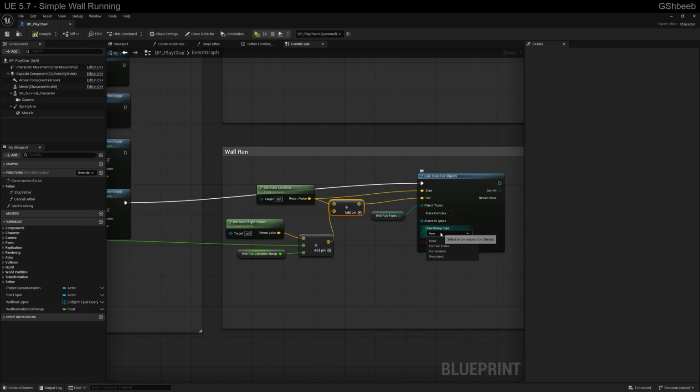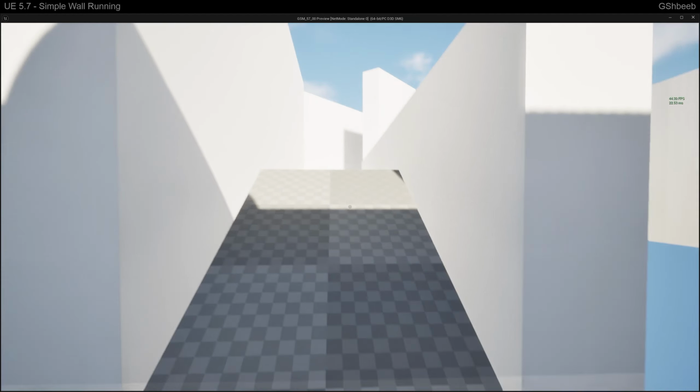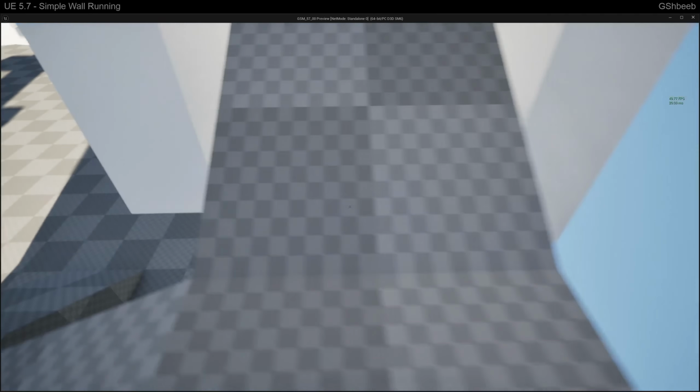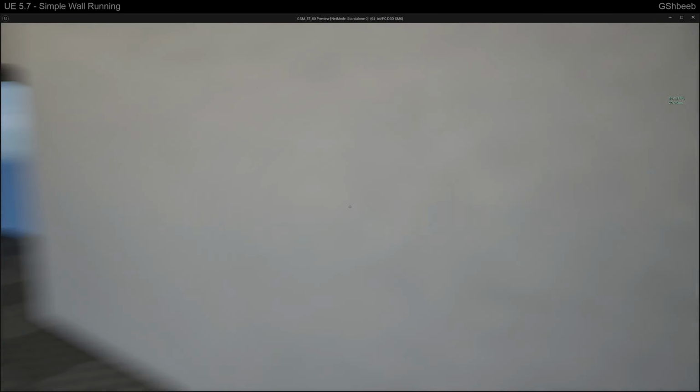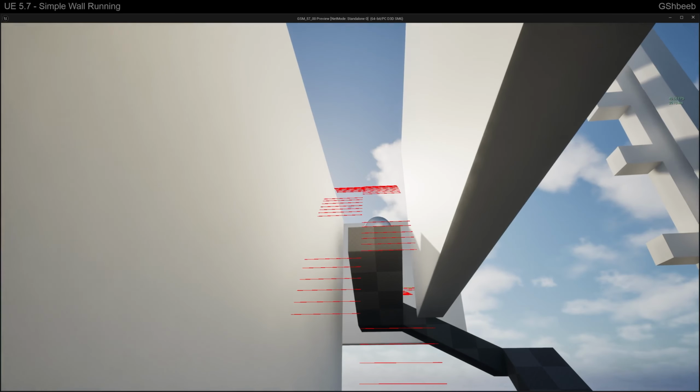And just to make sure that we are doing things right, I'm going to put this debug to persistent to make sure that things are at least showing up correctly. So if I go left or right, it should be drawing them left, right, right, left, right, left. You can see I'm alternating. It's going to the side